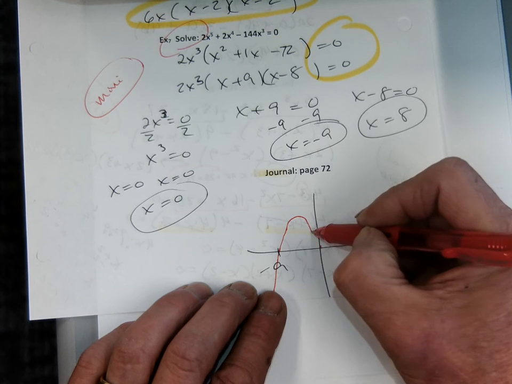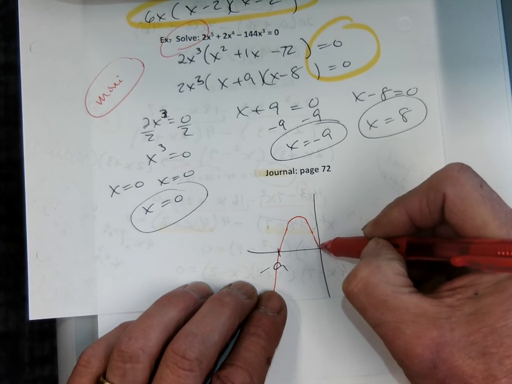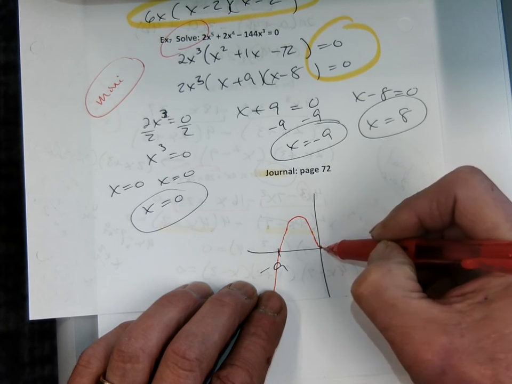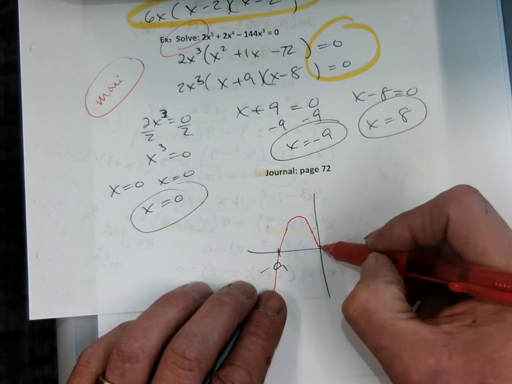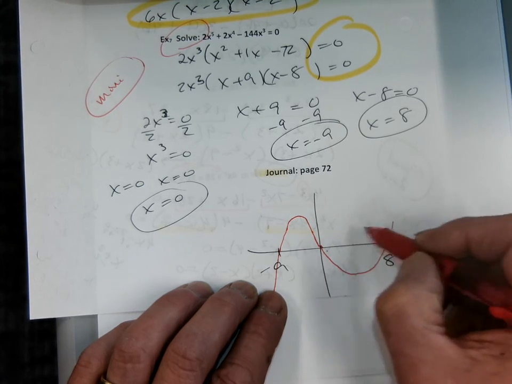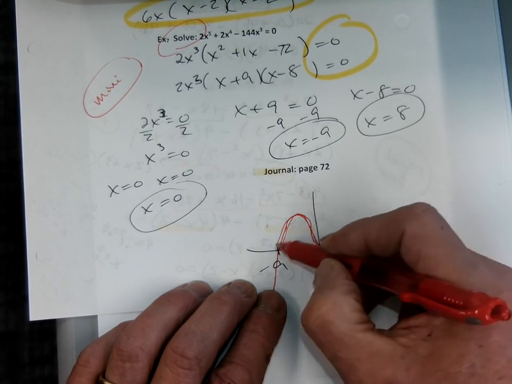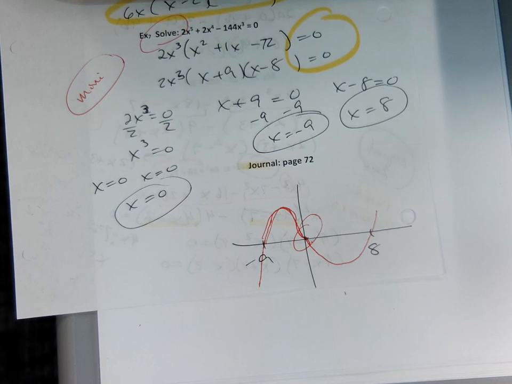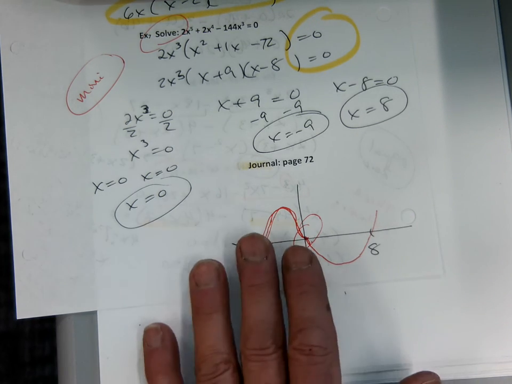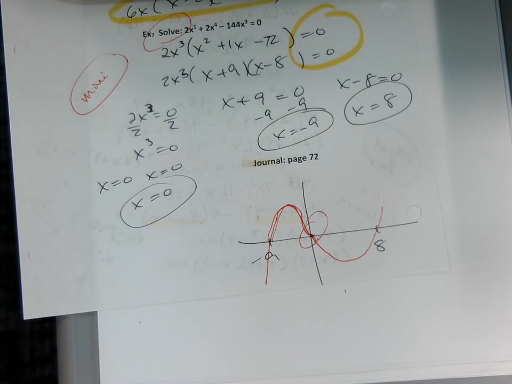It's going to go through 0, back through 0, and back through 0 again, and then through 8. It gets this really weird little bumpy thing, but we're getting into stuff I want to talk about next week. That's called a triple root. It's a triple answer. And again, you asked a great question, but we're not going to worry about that yet. But the 0 happens 3 times. Isn't that weird? Okay, we're going to take a mass break real